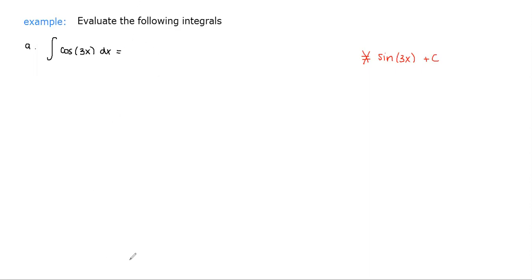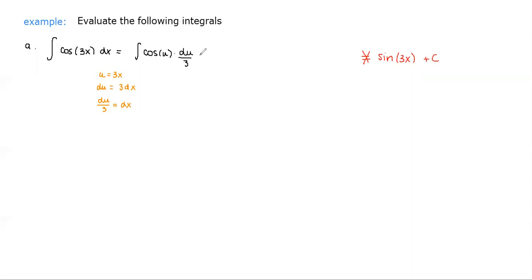So what I can do is, because I know that there's an inside function, then it seems reasonable to try to do a substitution. So that means the inside function over here would be u is equal to 3x, which means that du would be equal to 3 times dx, which would mean that if I want to replace just dx, du over 3 is equal to dx. Now I can replace 3x with u, I can replace dx with du over 3, and now I have a strategy for everything that's in my integral. That means I'll have the integral of cosine of u times du over 3,